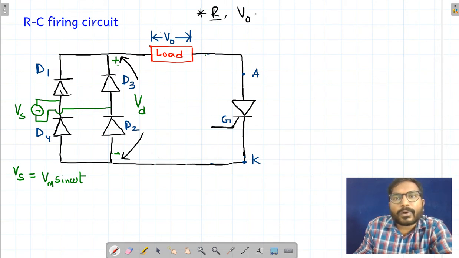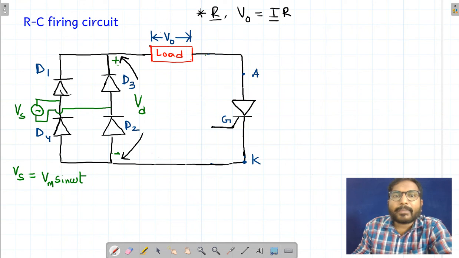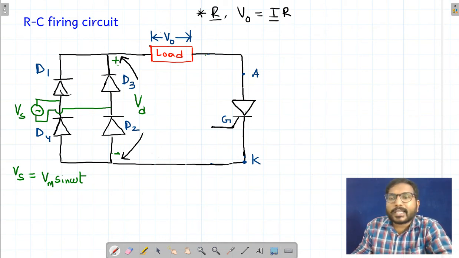It is simply the drop: when current is passing through the load, V equals I into R. To see the V naught across the load, I must see current passing through the load. To see the current passing through the load, the series element to the load, the SCR, must be turned on. If the SCR is not turned on, the current passing through the load is 0 because the SCR is connected in series